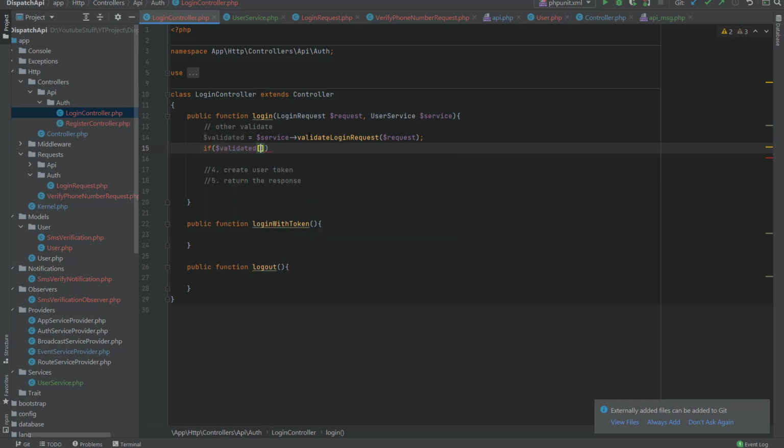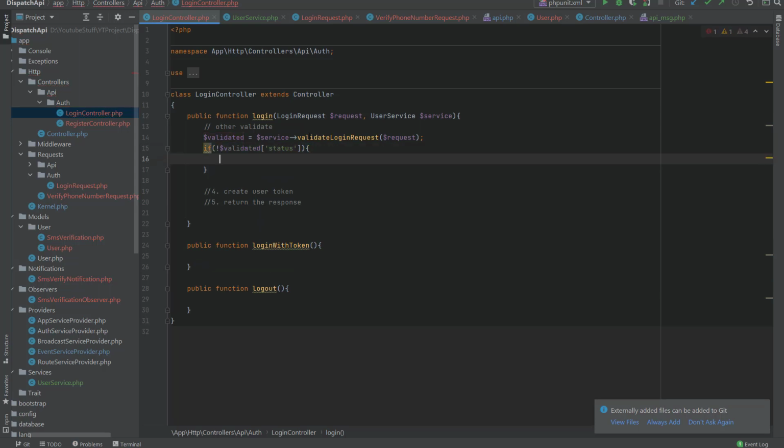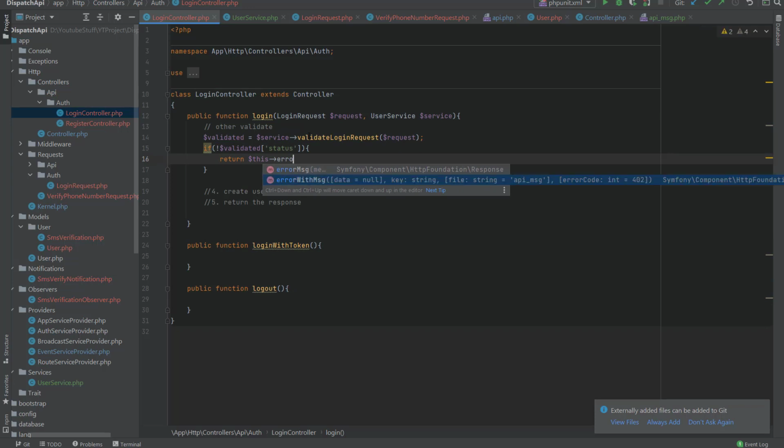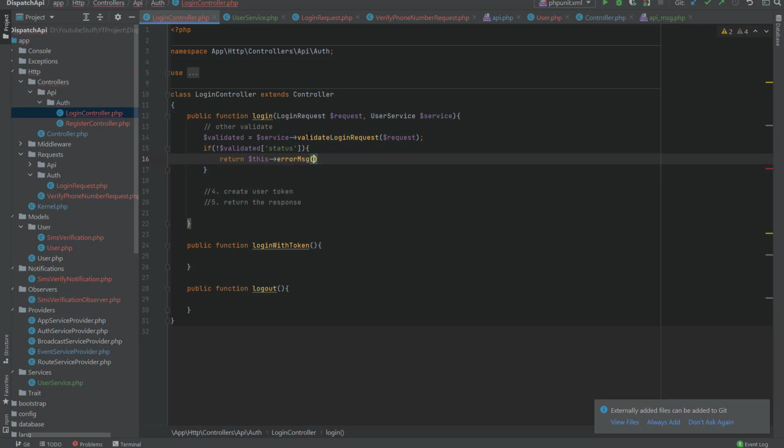If validate status is not, return this error with message. I think just send this. Okay, this one should send the validated message,